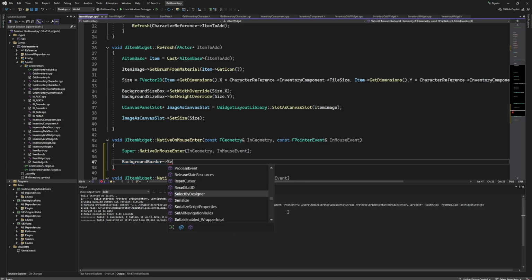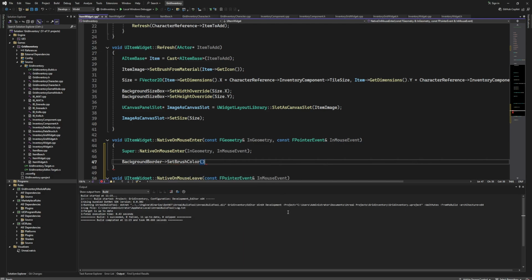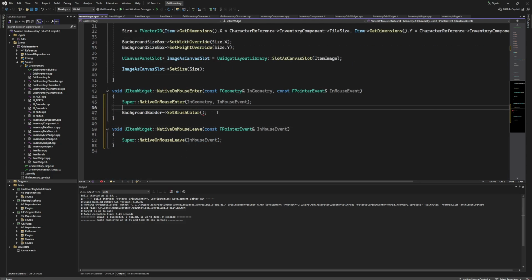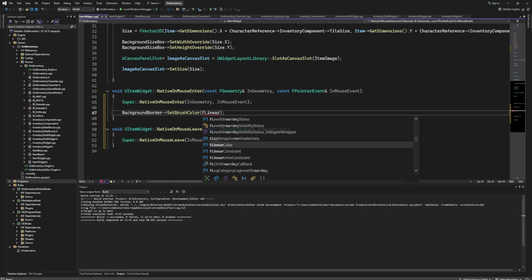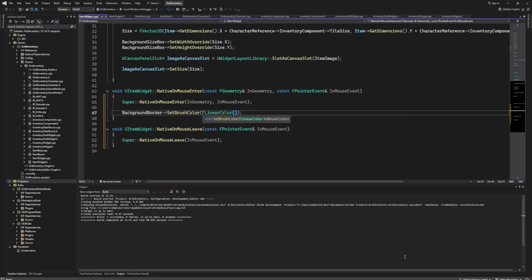We need a function that is called SetBrushColor, and it is taking in a variable that is of type FLinearColor. You can create a separate variable for that color, but like I said, I'm just going to hard code it. It will be of type FLinearColor, and we need to set 0.0f. Don't forget this f, because it needs three values, so that will be float. 0.0f. So these three values are giving us the black color,